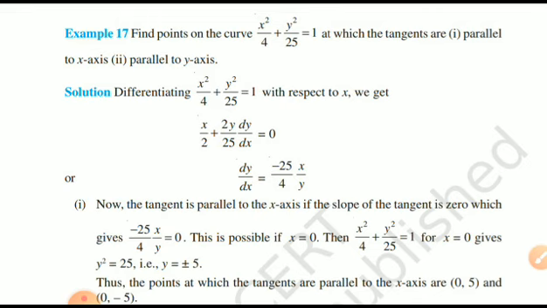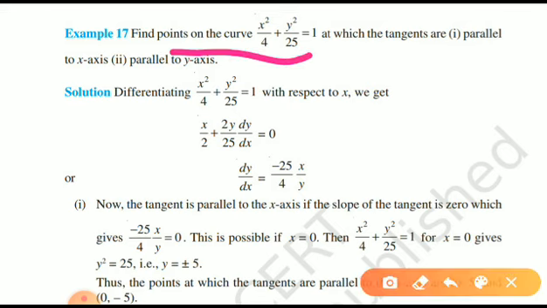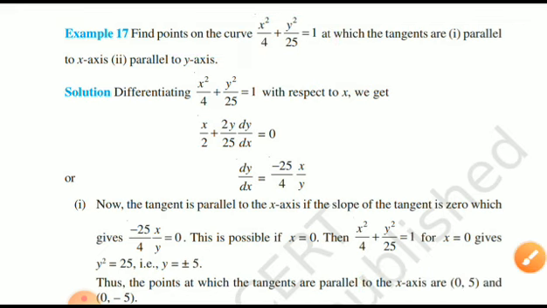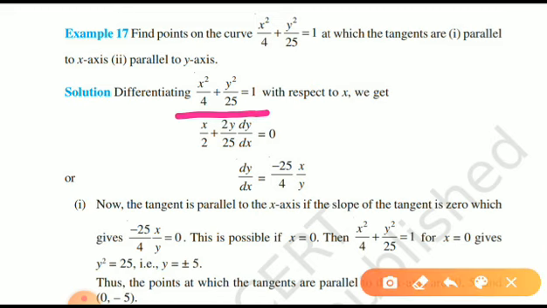Okay, that you have to have. So if it is parallel to the y-axis, in that case, the equation will be x equal to x naught. Okay, so you have to check whether you are getting the same type of equations or not. So what is given? Find the points on the curve at which the tangents are parallel to the x-axis. Now the given curve is this, so I am going to find what is my first slope.